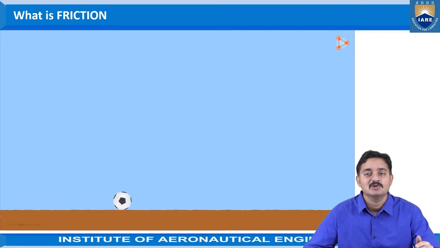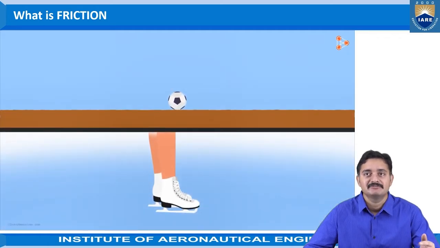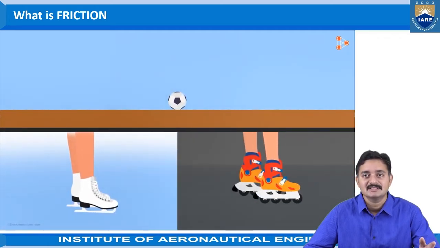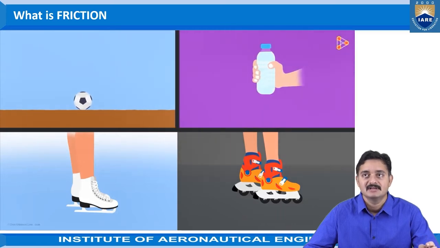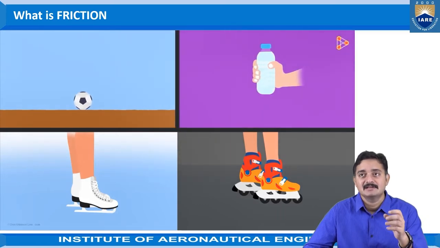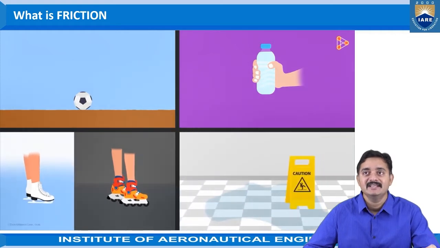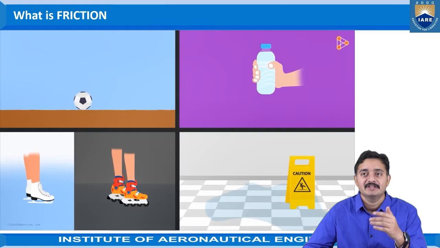A ball rolls on the floor, and after traveling some distance, it will stop. The rollers and sliders, like roller skating, will be moving on the surface. And we will be applying some force for holding the water bottle. There will be some caution given when the floor is wet, so that the friction will be very, very